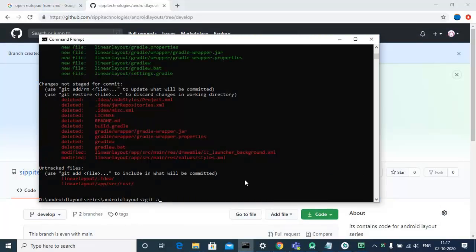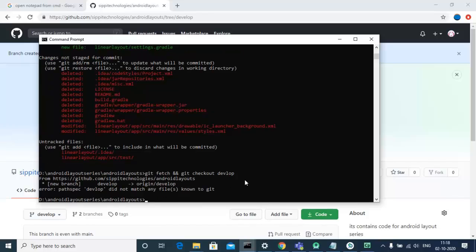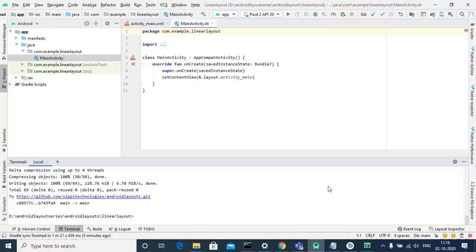For that you need to first switch your branch. To switch your branch you need to use git fetch and git checkout and your branch name, develop. Okay, now you switch to this branch and when you move here